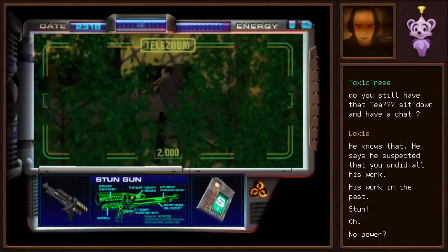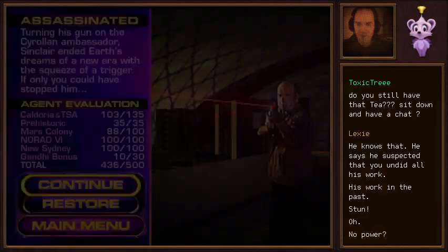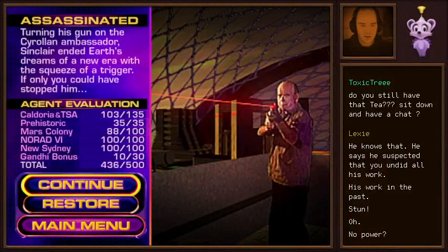I don't think... There's the shot. Yeah, I think we can't use the stun gun. And we still didn't have the bomb, but he's not going to use the bomb if we can incapacitate him, so...